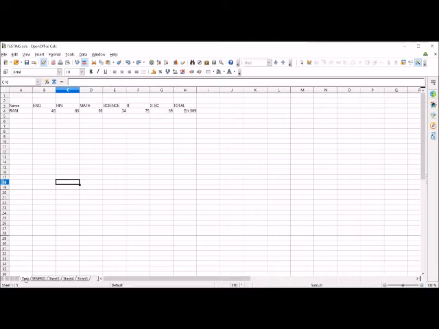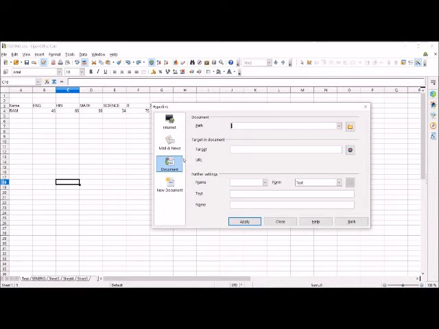Now suppose I want to link these worksheets with one another. I'll press Ctrl Z first. Now I want this test worksheet to link with this scenario worksheet and with this sheet 5. This is scenario worksheet. This is sheet 5. Now suppose I want to link this worksheet with these two worksheets. Then again I'll open this hyperlink dialog box.